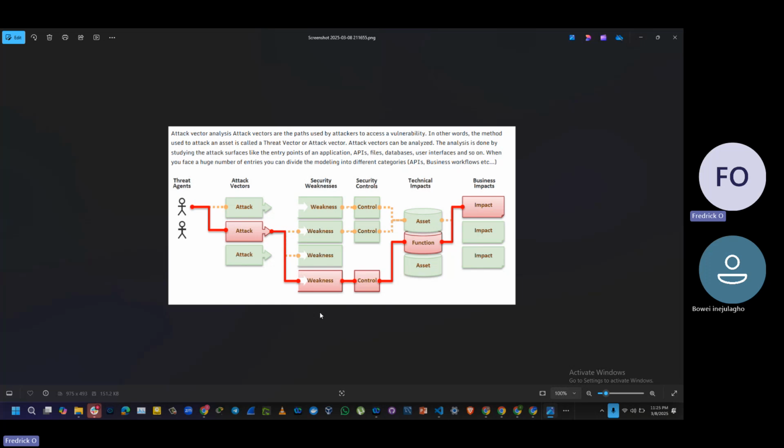So one of the things that security people want to do is to see what they can do to reduce the attack surfaces. They want to reduce or close up the attack surfaces. They want to make sure that the only way you can attack them is through one or two attack surfaces, and they are ready to block it, and they've protected it. Because the more attack surfaces a system or an organization has, the more attacks it's likely to attract. So this and more will be broken down as we dive deeper,